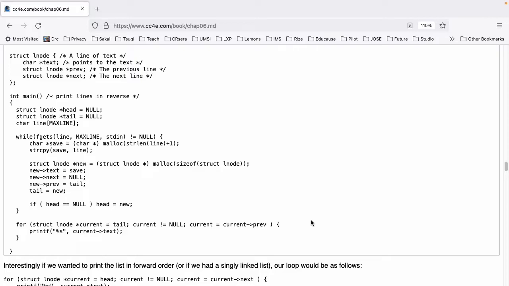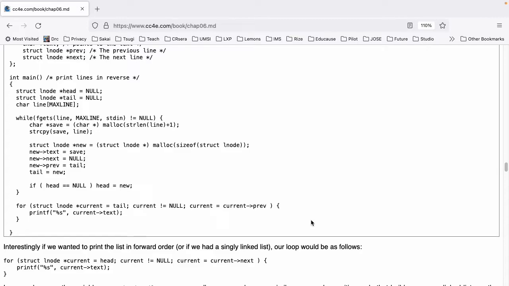{ struct lnode *head = NULL; struct lnode *tail = NULL; char line[MAXLINE]; while (fgets(line, MAXLINE, stdin) != NULL) { char *save = (char *)malloc(strlen(line) + 1); strcpy(save, line);